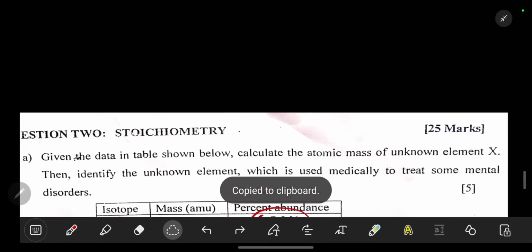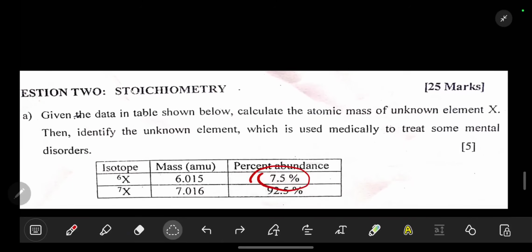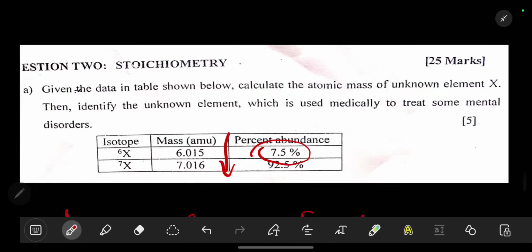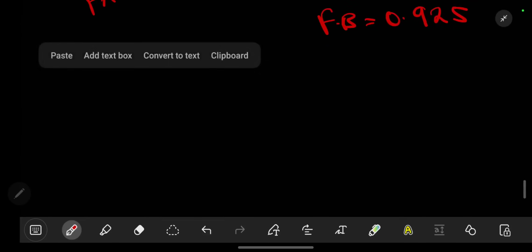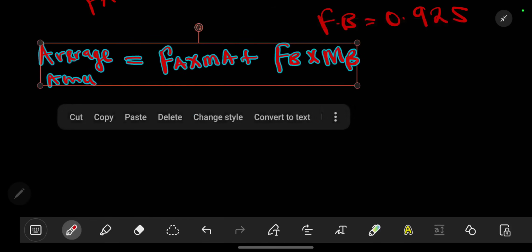So each and every time, what are we given? Calculate the atomic mass of the unknown element X. If you are given these atomic masses, the one that you are finding is the average. So this is how we find the average. We are going to just substitute the values. So the average